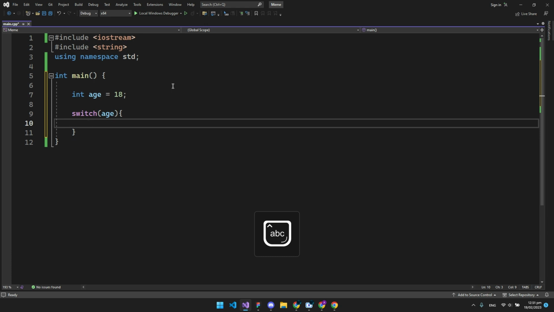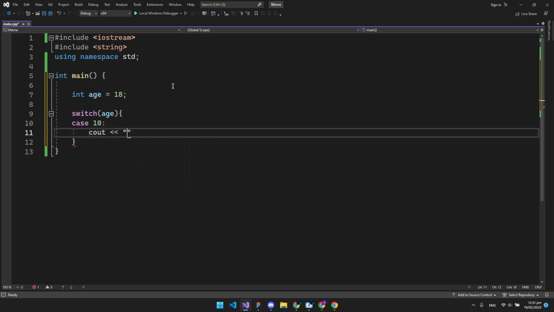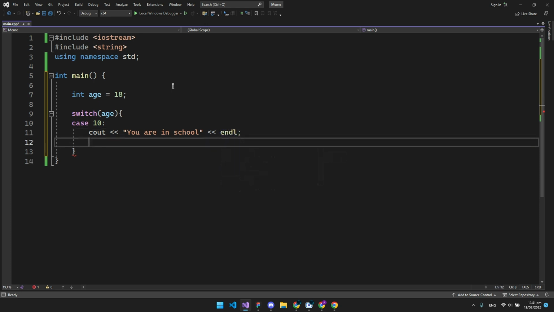For example, if age is equal to 10, just print out you are in school. After we finished printing out the message, we need to put break. Break is simply telling we want to exit as soon as we have finished displaying the message to the user,